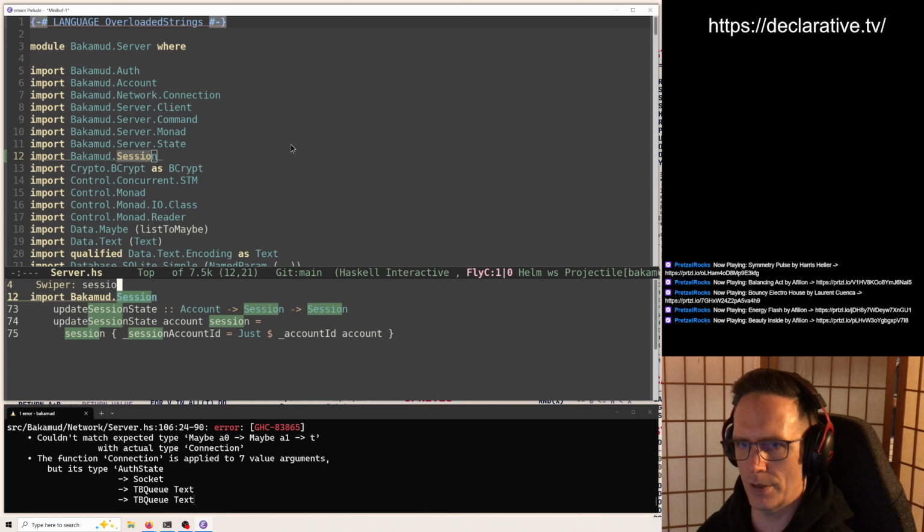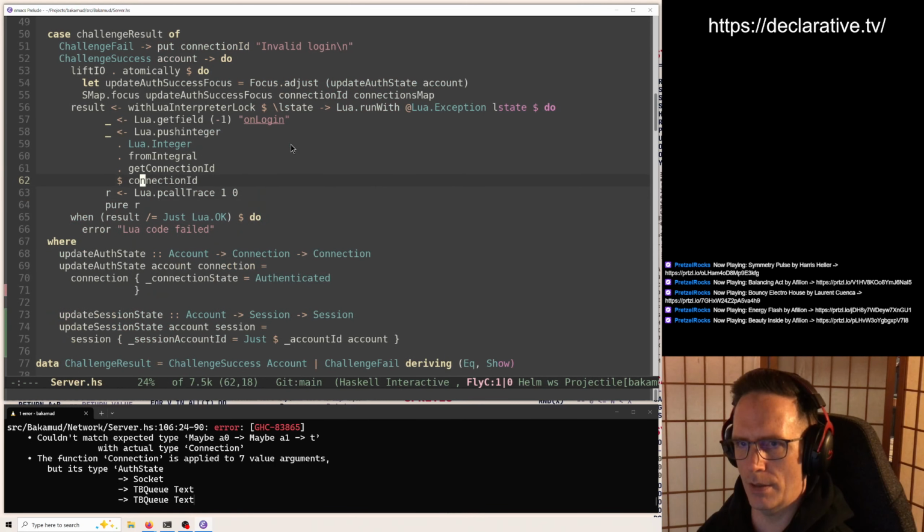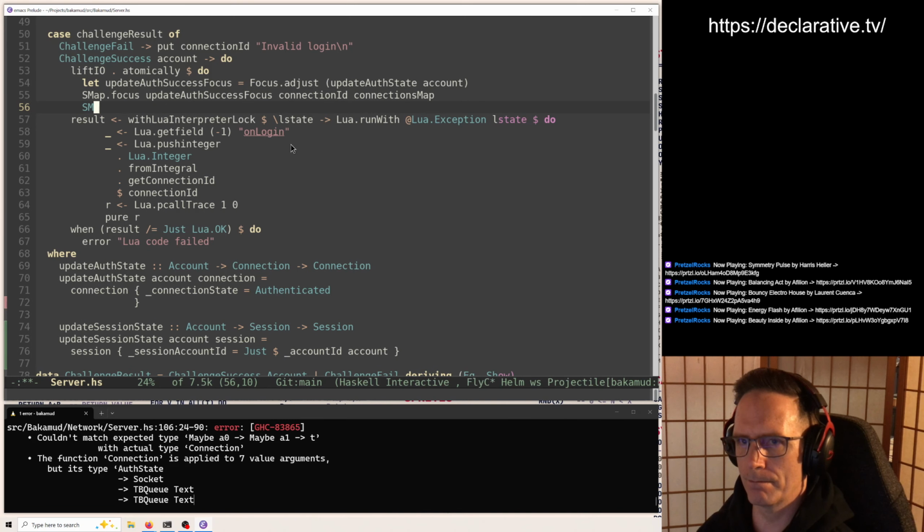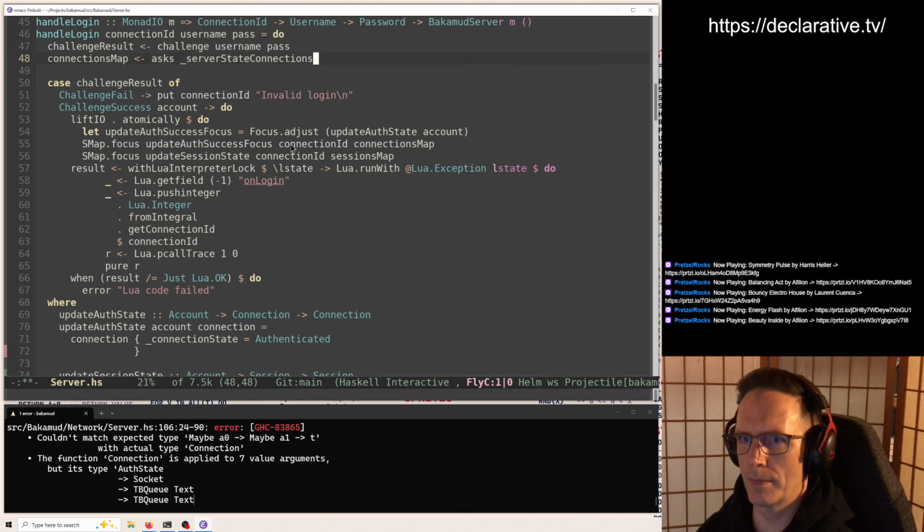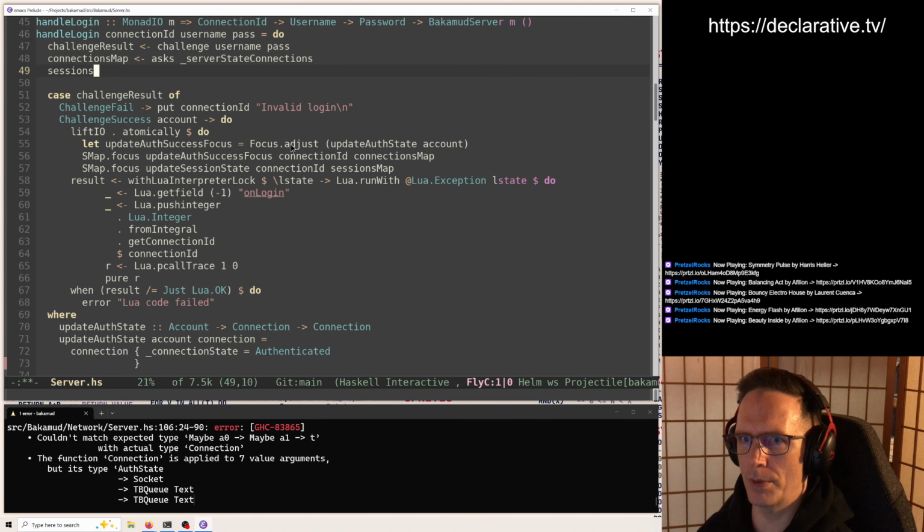So, session. So you have to call the update session state. Update the session state there with the connection ID on the sessions map. And the sessions map we'll bring into scope here with server state sessions.